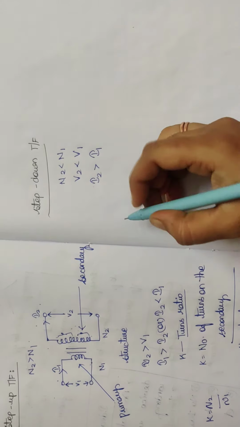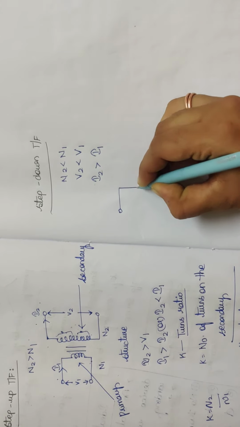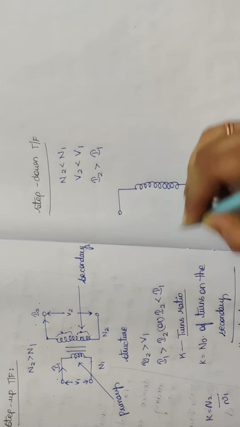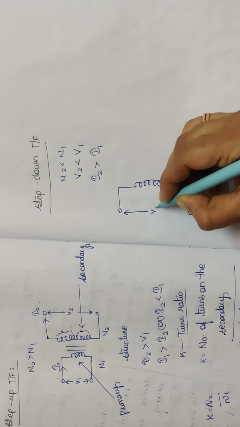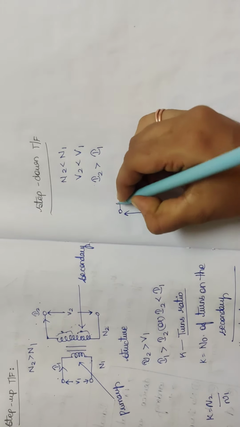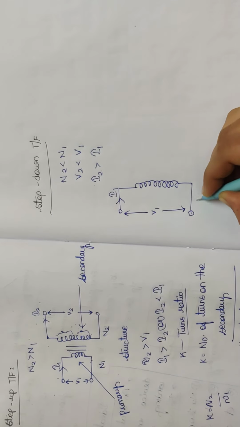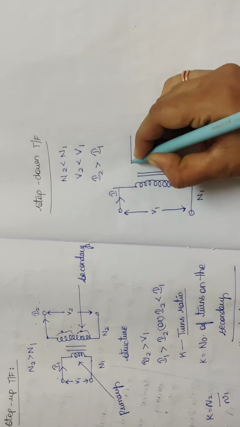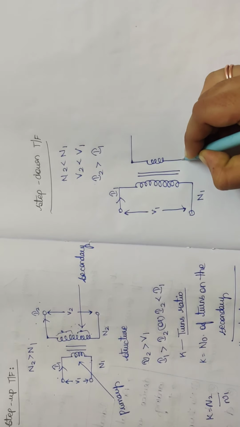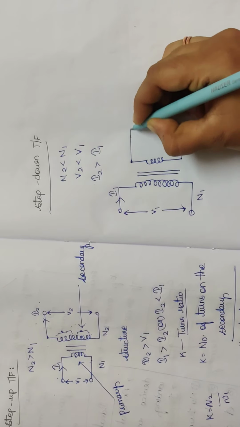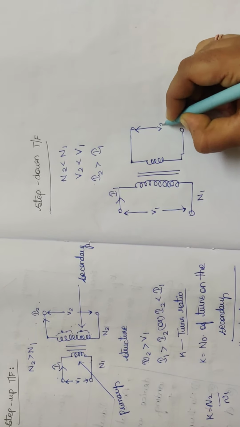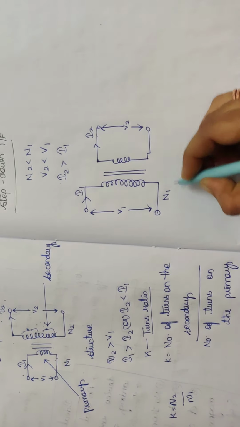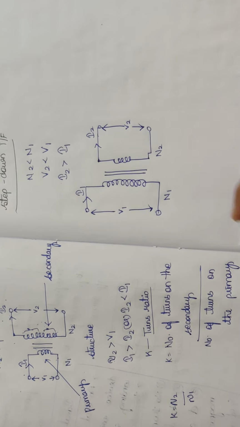Now the structure is in this way for the step-down transformer. This winding should be more, and the voltage here you should not change. That is, here the voltage is V1, the current is I1, and the number of turns is N1. And here the voltage is V2, and the current is I2. So for the transformer, the turns ratio N2 is your given thing.